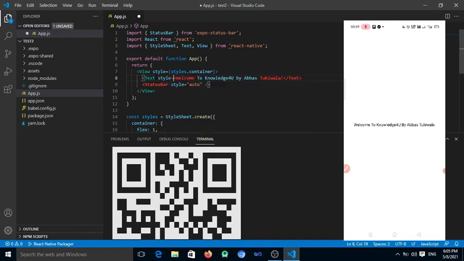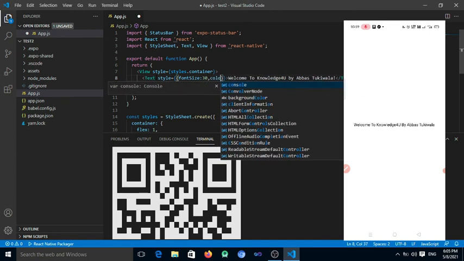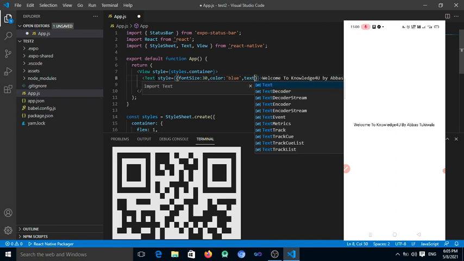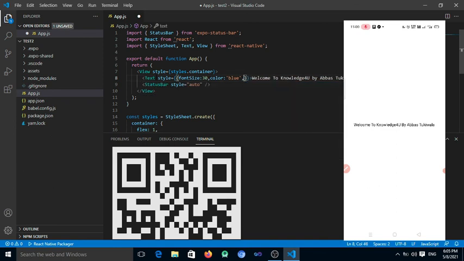Here we give some CSS style to display the message, such as font size 30, color blue, and font weight bold. So this style is applied to this message.